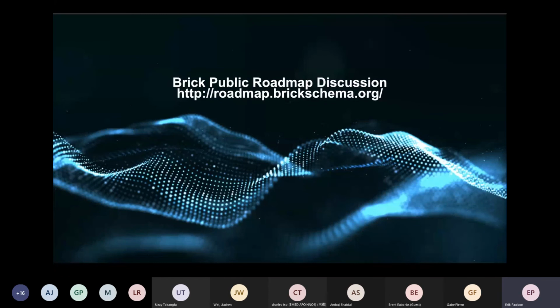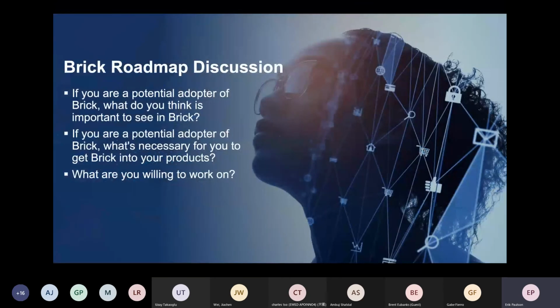So now we're coming into the last part of the session here, and I'm going to switch over to our Brick roadmap in just a second. But kind of how we envision this last part to work would be around a discussion around sort of three questions.